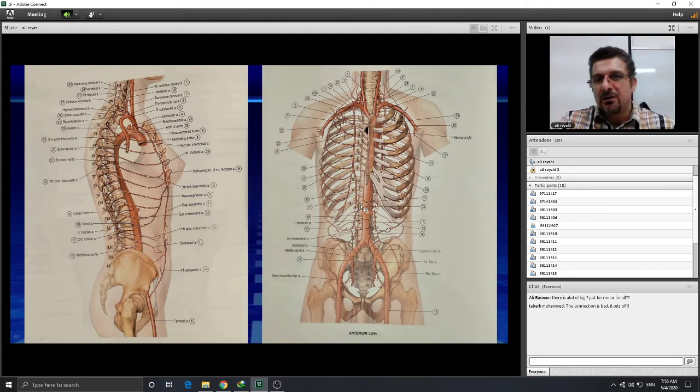The superior epigastric artery passes between the sternal and the costal attachment of the diaphragm, and goes to the anterior wall of the abdomen, as you see in this picture, and finally in the rectus abdominis sheath has an anastomosis